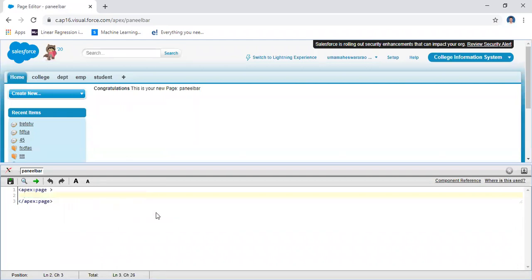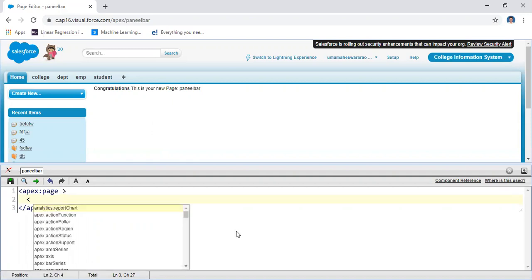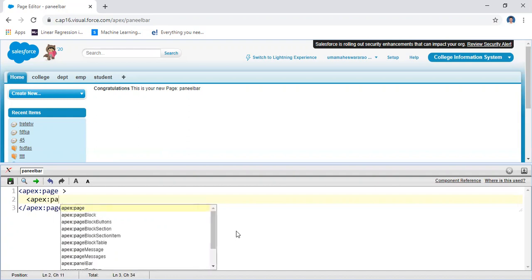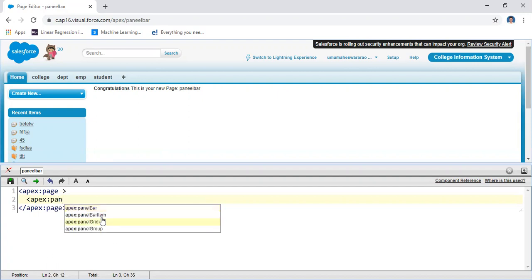Here I'm going to create the panel bar. How can you create a panel bar? Maximize this. Write apex:panelBar. Here one item I'm going to create.